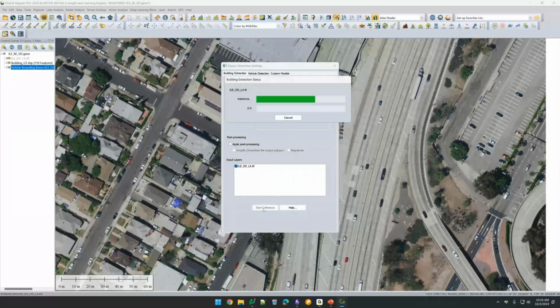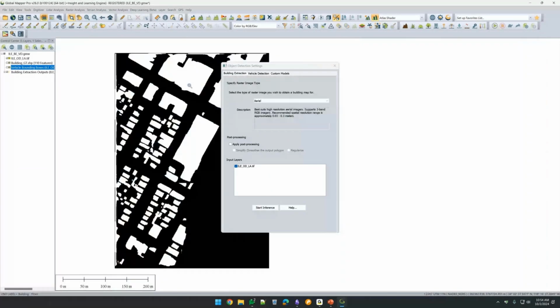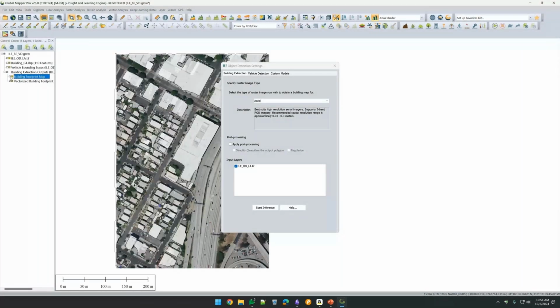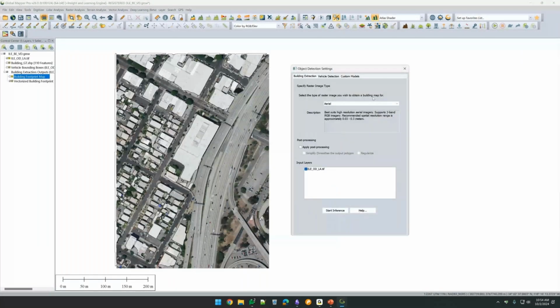We'll zoom out here. So what we're looking at here is a binary raster mask, just white is building, black is not. That's kind of an intermediate process. And then we also get the building footprint outlines as vectors as well. And we'll see here, what do we have? About 108 buildings that it found and